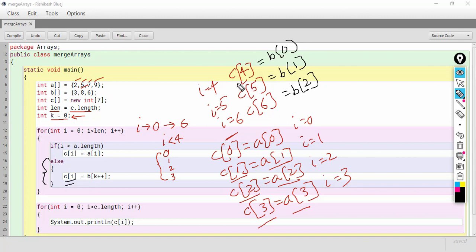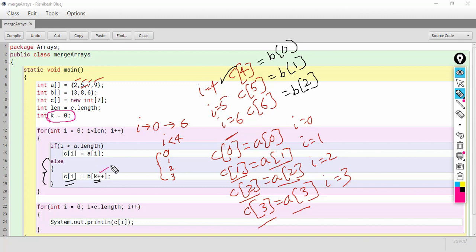So C of 4 is equal to B of k plus plus. This is post increment, that means first the value of k will be taken. K is 0 initially. So B of 0.